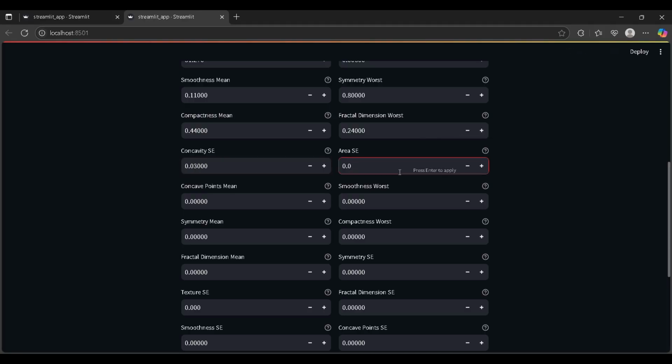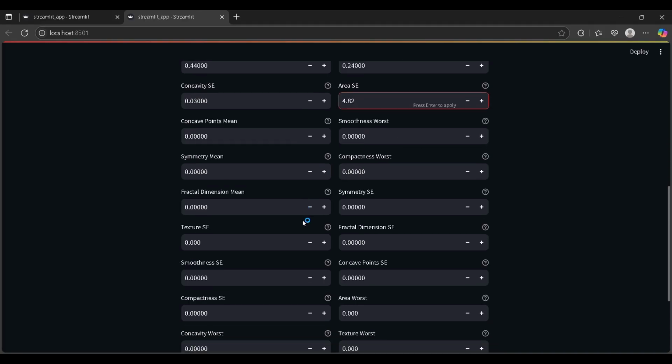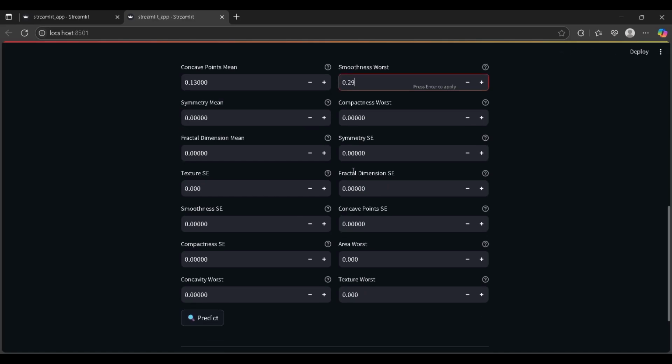For the visual interface, I added a themed header image with a breast cancer awareness ribbon to reflect the seriousness and the entire intent of the tool. The UI that I have used here also has a two-column layout to make the input process cleaner and more